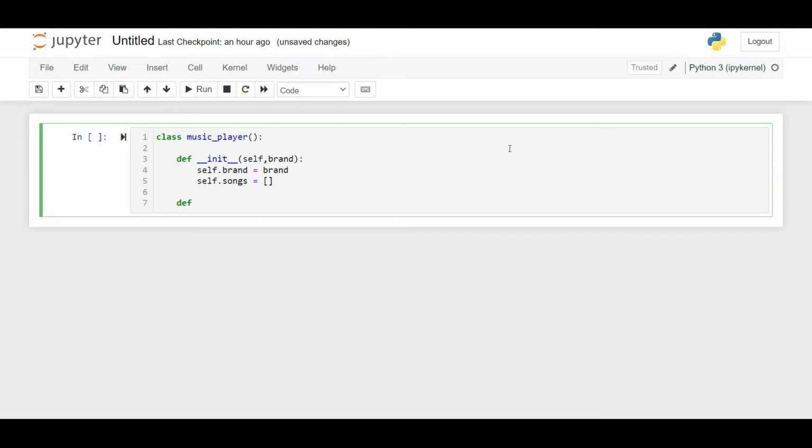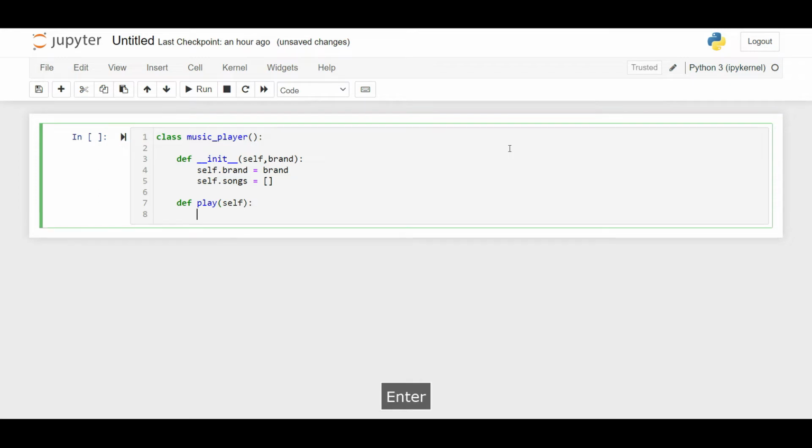Now we can also have a method called play. This play method is basically so that all the songs we have inside this music player will be played one by one, right? So I can say, in enumerate self dot songs basically,